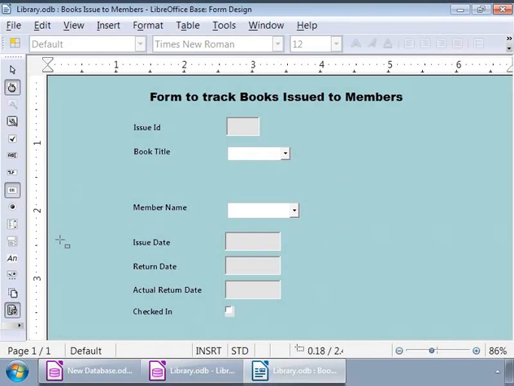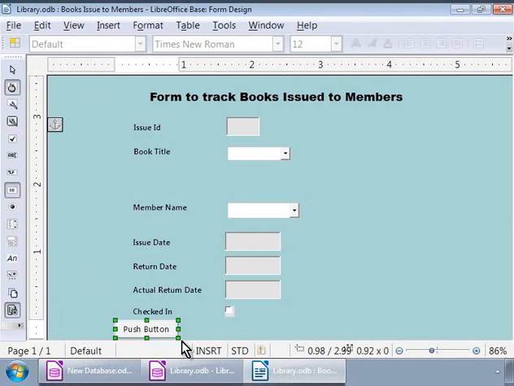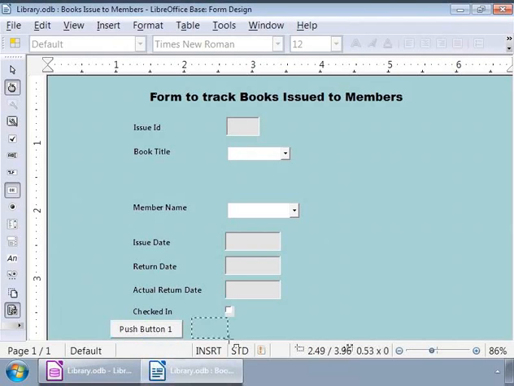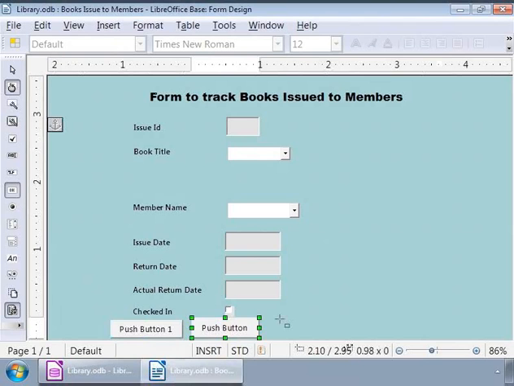Now let us draw our first button on the bottom left by clicking, dragging and dropping on the form below all the other elements, and we will resize it accordingly. Now let us repeat the above step 3 more times.